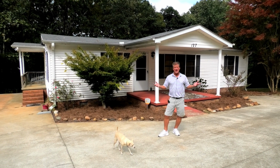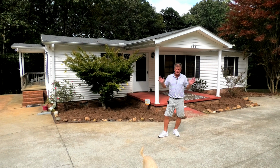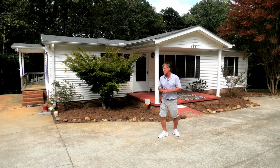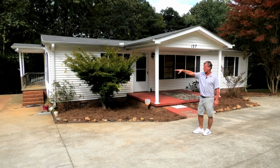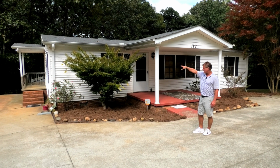So maybe you would look at it as an investment property to rent it out. So there's a lot of different things you can do with this. So let's head on inside. We'll check out the layout. We'll walk over here, check out the carport area with the storage areas, and then the building over here in